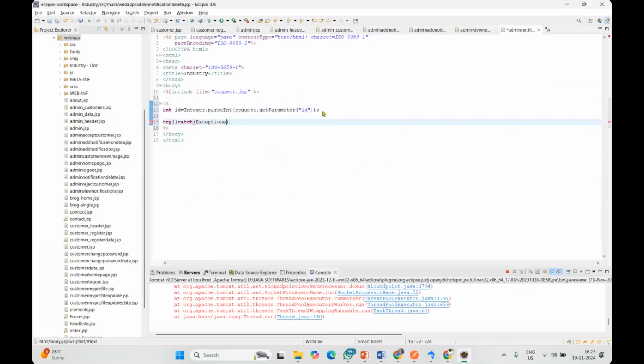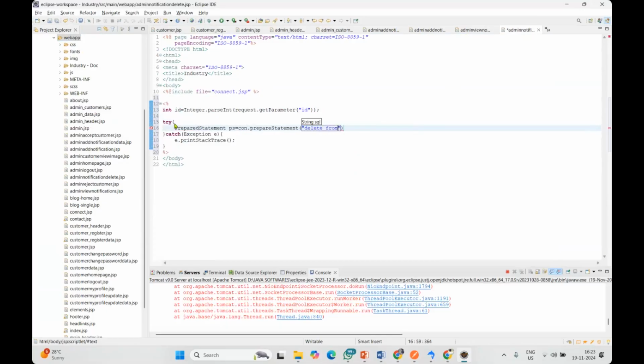Inside that, e.printStackTrace. Now inside the try block we need to write the exact code, because this is a prepared statement. We need to execute the delete query. So for that, con.prepareStatement, and what is the query? Delete